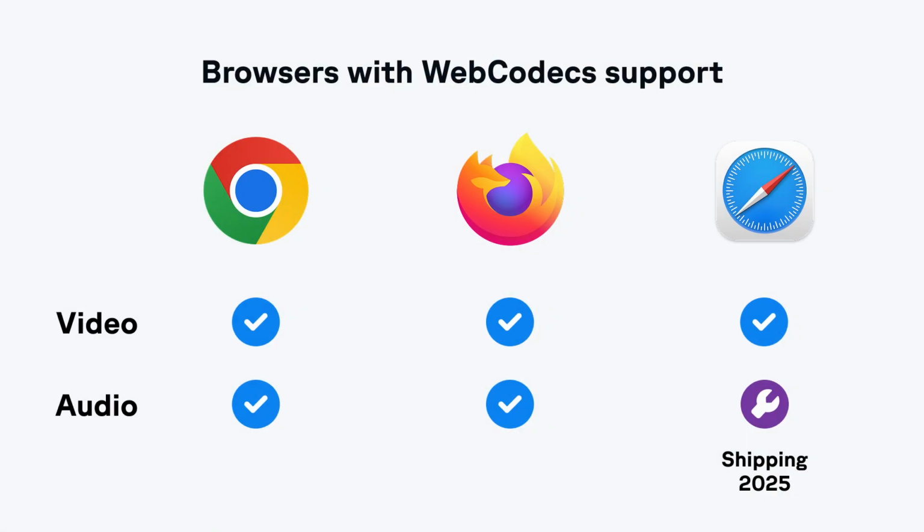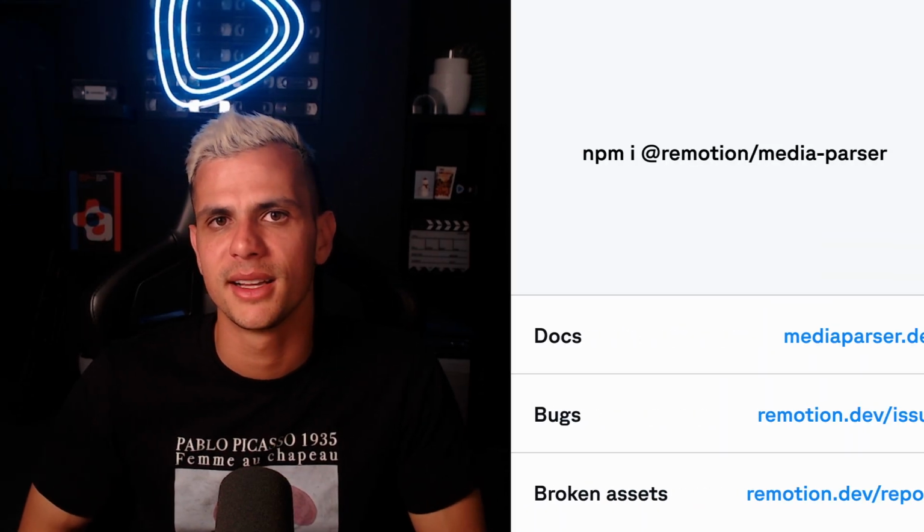This is just the beginning. Now that the web codecs gateways have been opened, we can start taking advantage of this powerful API. And Remotion Media Parser comes just in time, because only now in 2025, later this year, all major web browsers will ship full web codecs API support enabled by default. So now is the perfect time to try out Remotion Media Parser by running this command.